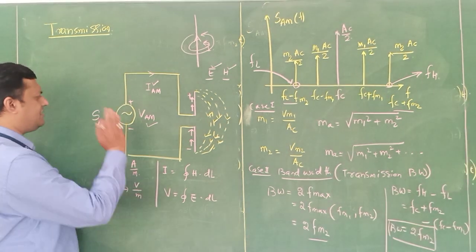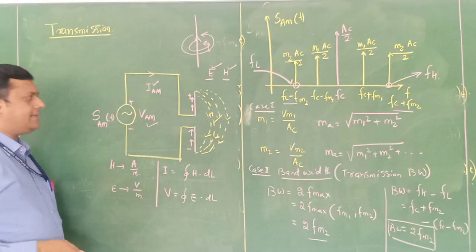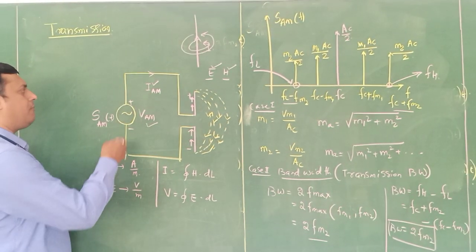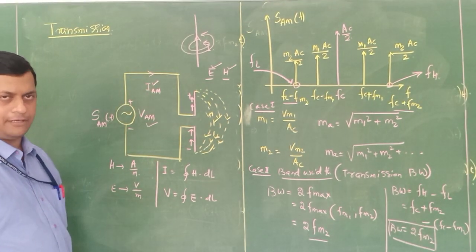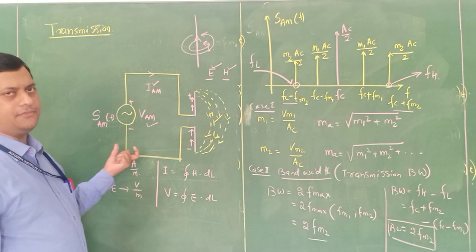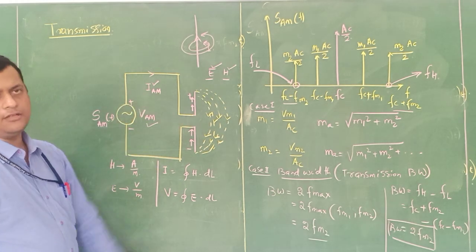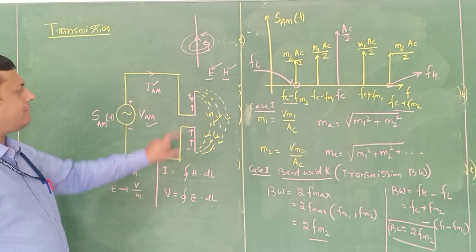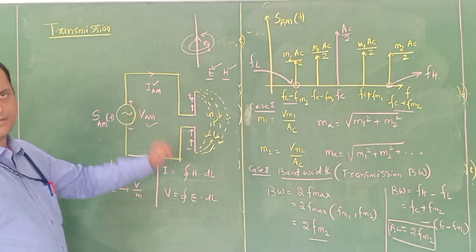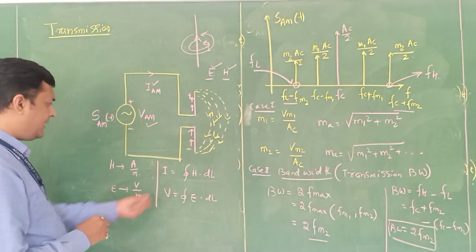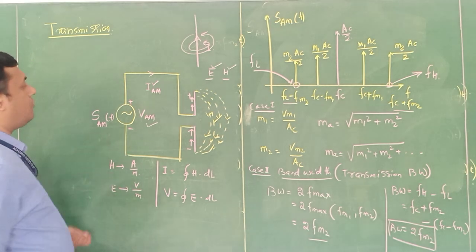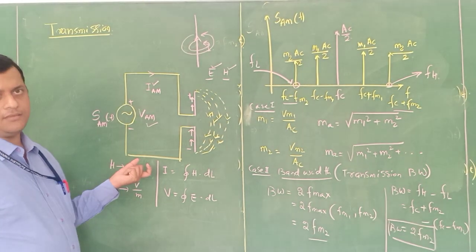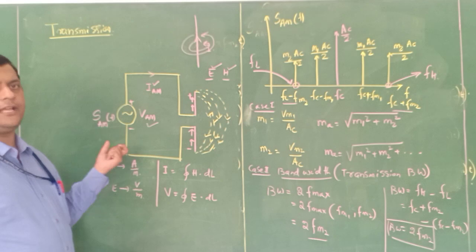Okay. So this is the basic analogy behind the conversion of potential and current in terms of electric field and magnetic field. As we are transmitting AM signal, it needs to be converted into electric field and magnetic field with the help of a small antenna. Okay. With the help of this relation also you can analyze. Now, why have I done all this? My motive is to generate an AM signal.